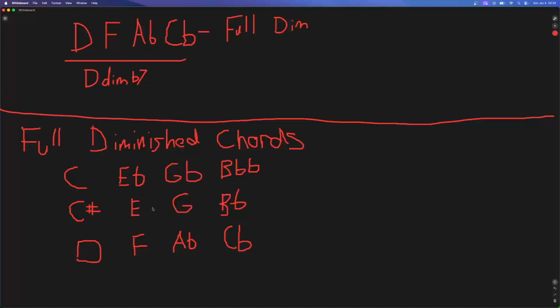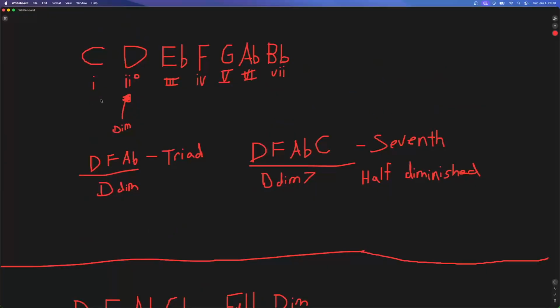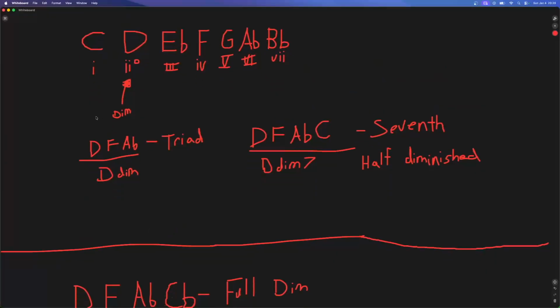So there's only 3 fully diminished chords, and these are perfectly circular chords. So any inversion of these, these are the only 3 variants that you really honestly have, and you can use these to modulate to literally any key. And that's kind of the super magic thing about these chords, is when you play these, you can go from C minor all the way to like F sharp minor, which I have an example of,